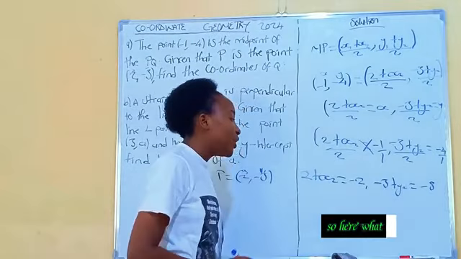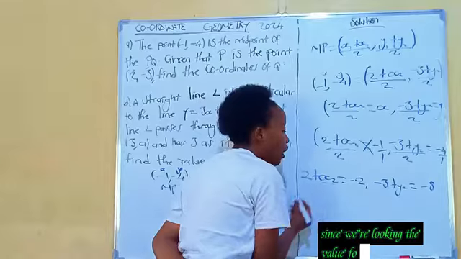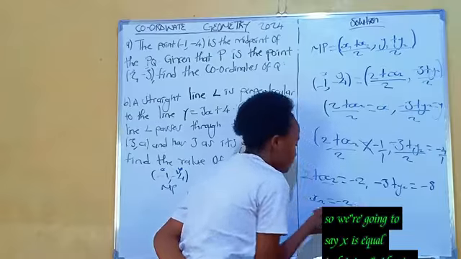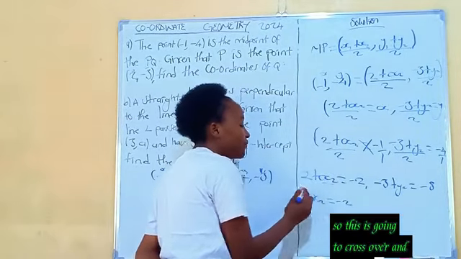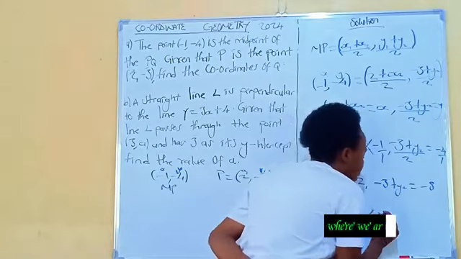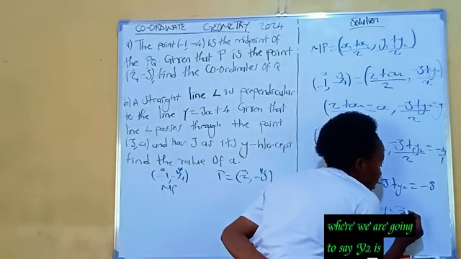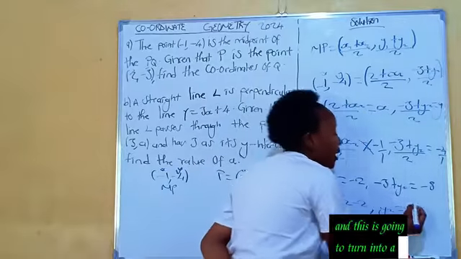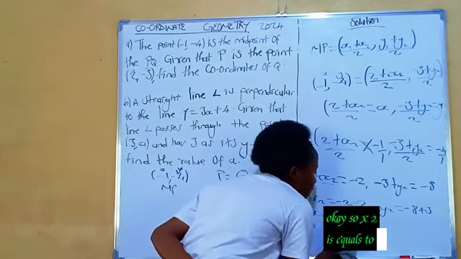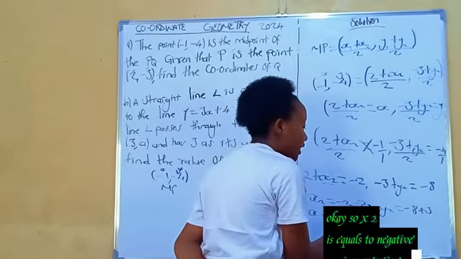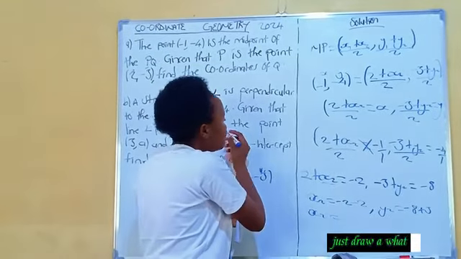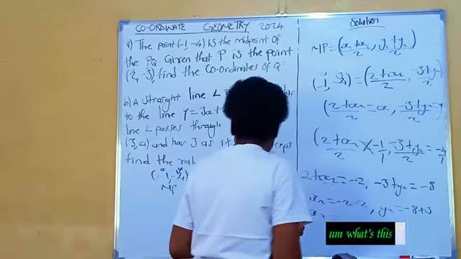Since we are looking for the value of x2, we are going to say x2 is equal to, here we are having -2. So this is going to cross over, and when it crosses over, it becomes -2, comma. We're going to do the same this side, where we say y2 is equal to -8, and this is going to turn into +3. So x2 is equal to -2 minus -2. For it to be simple, you can just draw